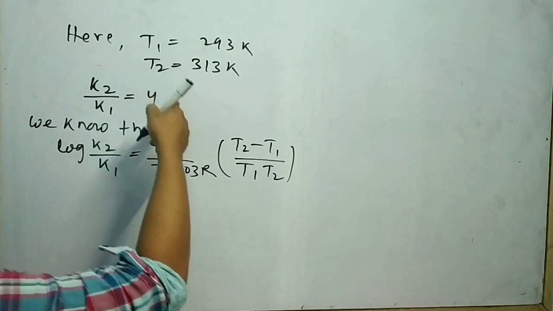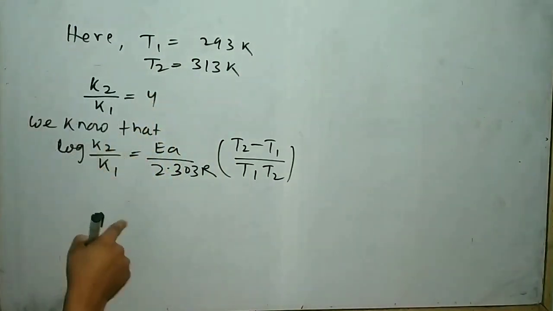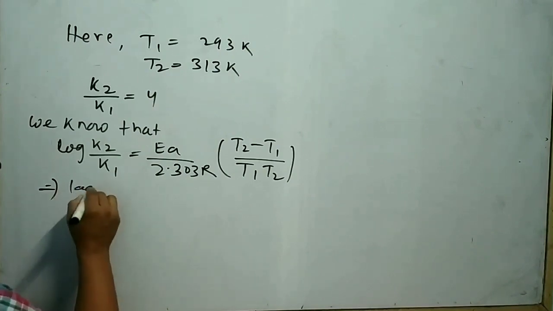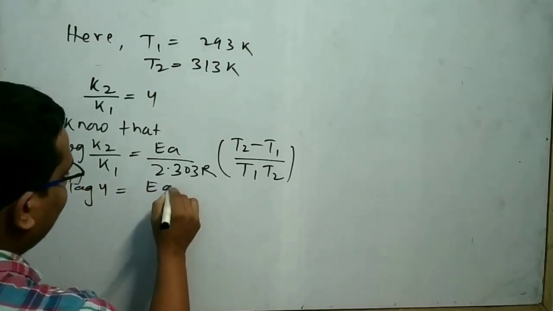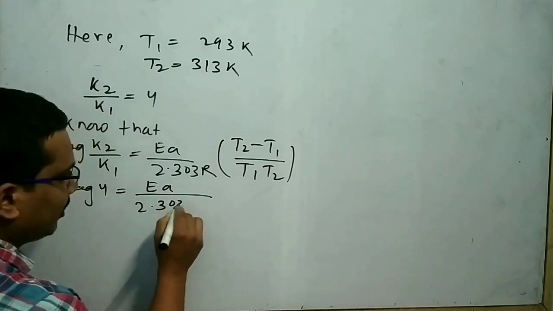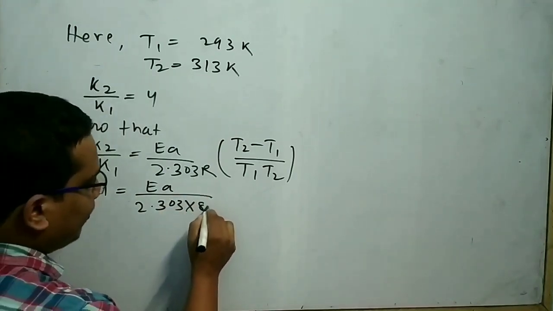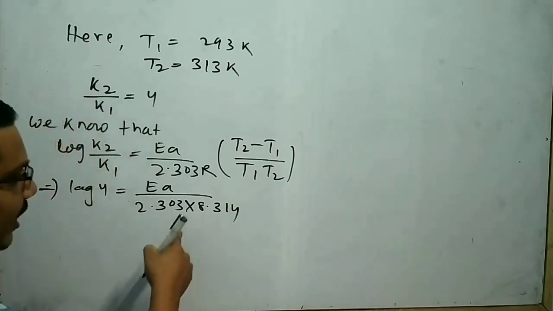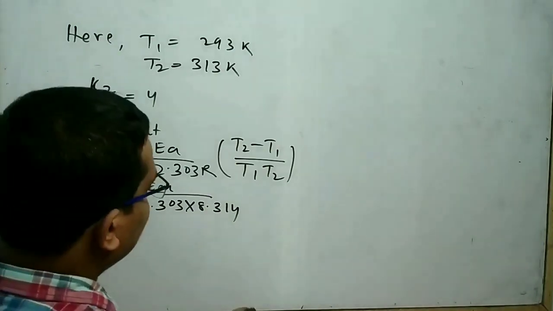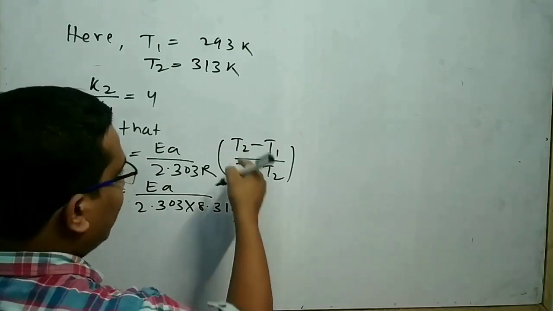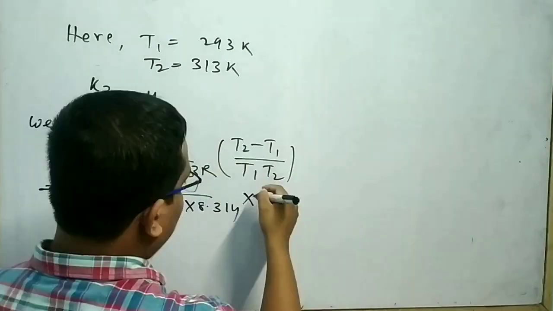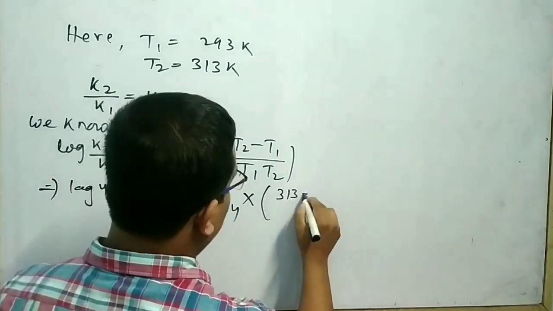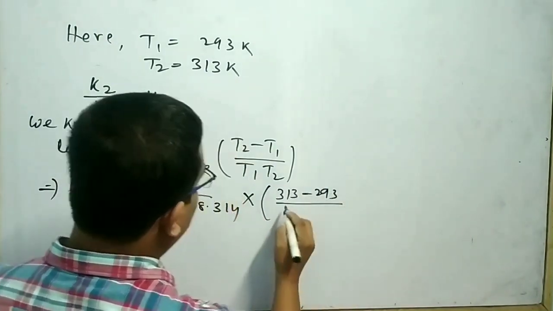Put the value of T1, T2 and also K2 by K1 in this equation, then I can write log 4 equal to Ea by 2.303 into 8.314, because the value of R is equal to 8.314 joule into Kelvin inverse mole inverse. Now put the value of T1 and T2, then I can write 313 minus 293 divided by